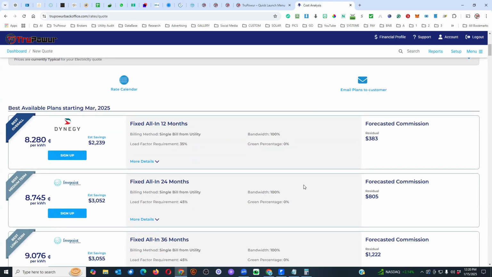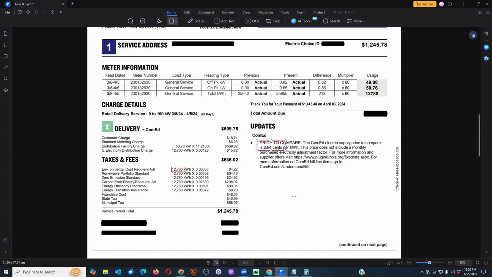I would say that the vast majority of the customers that we deal with, we're dealing with on a fixed all-in rate in order to reduce their exposure to risk in the marketplace. So when somebody has an index rate, or you're looking at their bill and you can see that this one particularly has a variable rate, where they use so much energy and then they are given something else. Sometimes when you're looking at a customer's bill or the rate that they're given, a lot of times